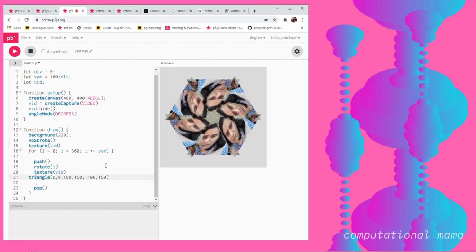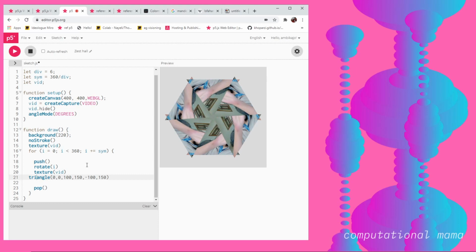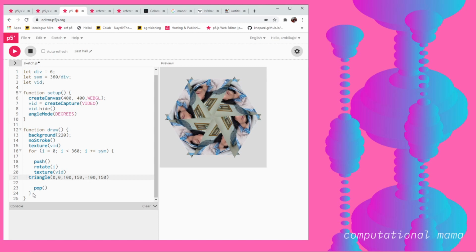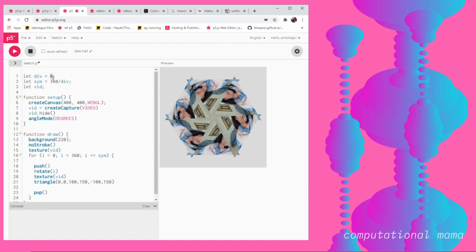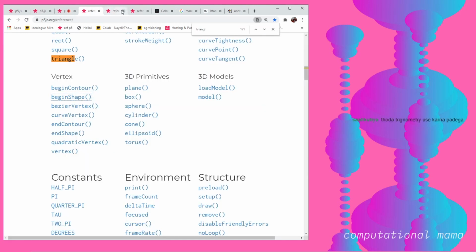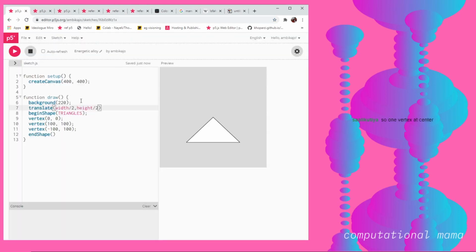Okay, this is getting somewhere, but I guess it's not very accurate. And is there an easier way to do triangles, I wonder? Would we have to use begin shape, end shape? Like, how would it work? Okay, so it's giving me the same result, but then how would I do it trigonometrically?